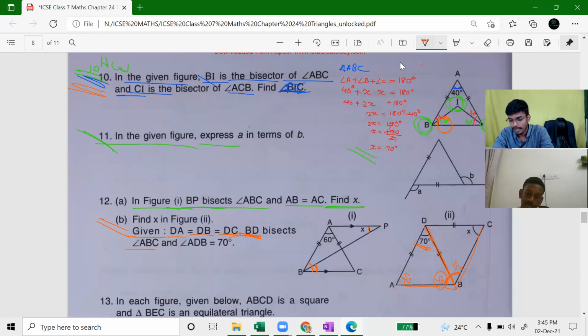And we know that this side is equal to this side, so it becomes an isosceles triangle. 55 degree, so X will be 55 degree. Any doubt? No, sir. Can you do it as homework? And as soon as the lecture gets over, you have to submit me the homework which I have given you previously.